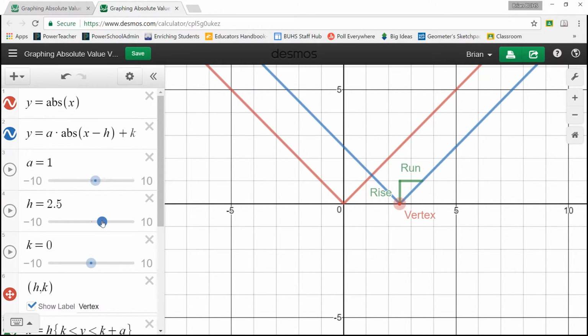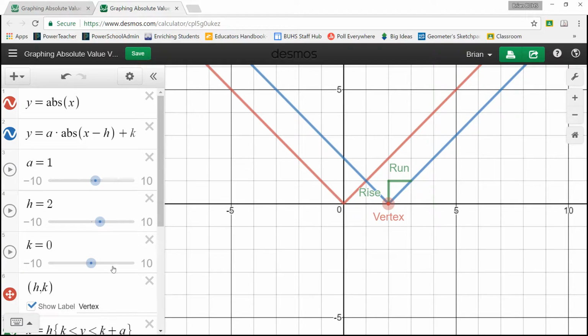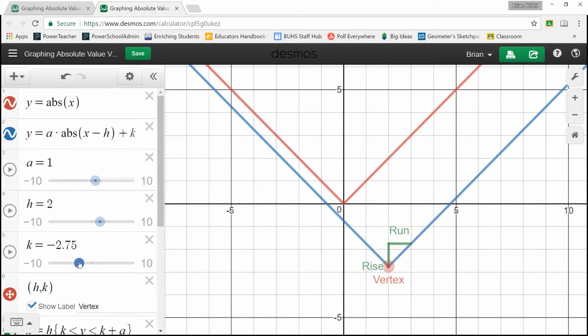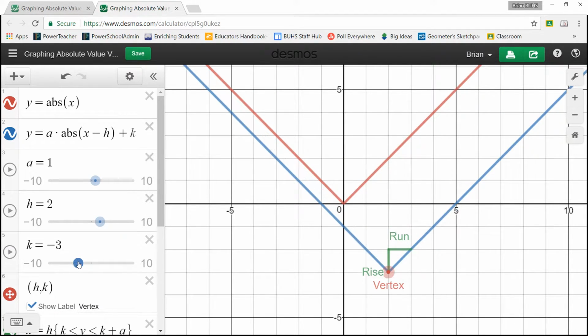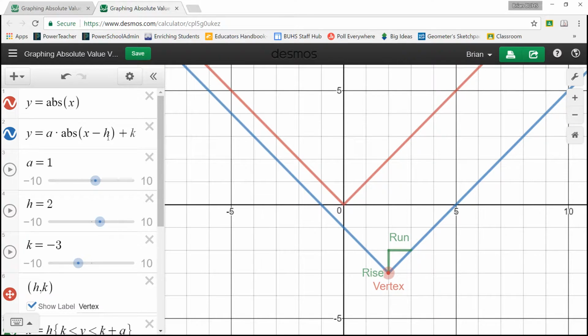Watch this. If I change the vertex, let's have it be at 2 and, I don't know, like -3 or something like that. If I had the equation y equals the absolute value of x minus 2 and then minus 3 on the outside, I could start at my vertex 2 comma -3, and then I could just move by my slope up 1 over 1, up 1 over 1. And this is going to be a super fast way of graphing where we find the vertex and then we